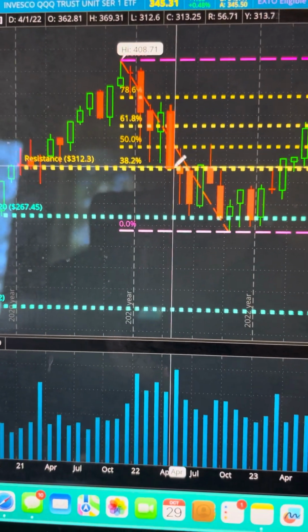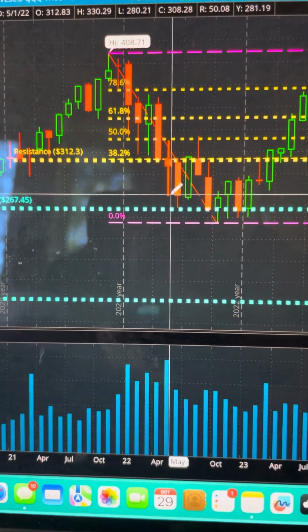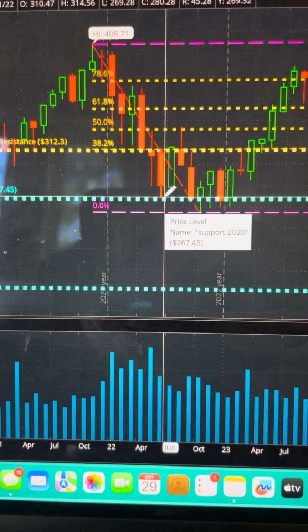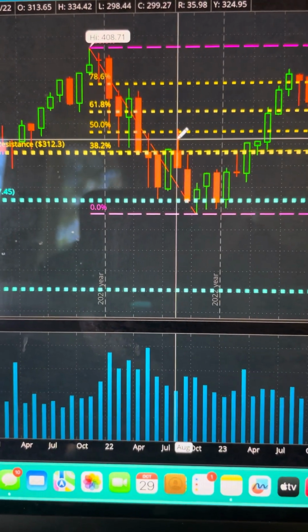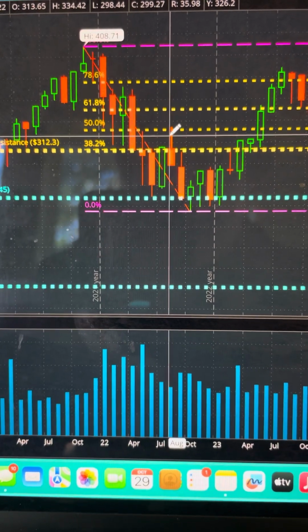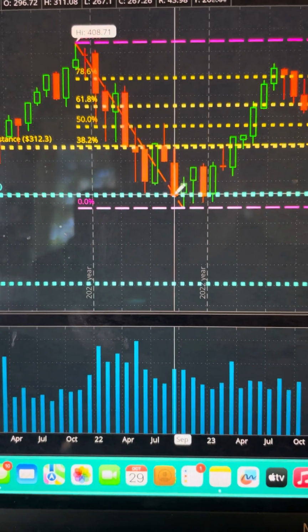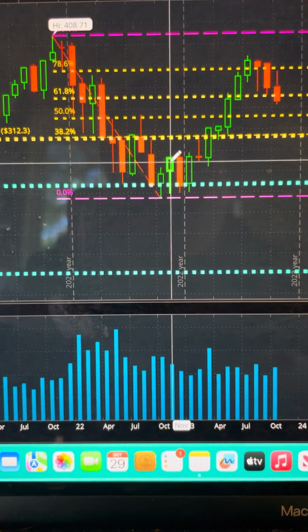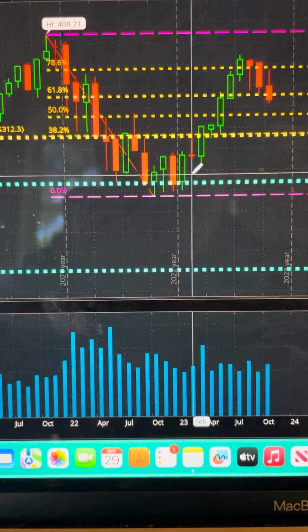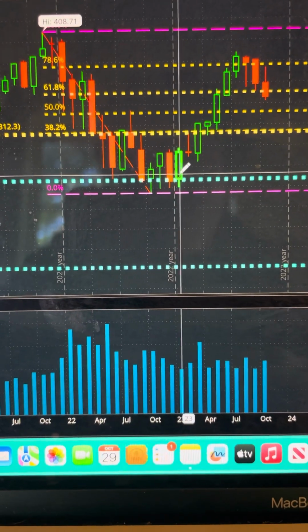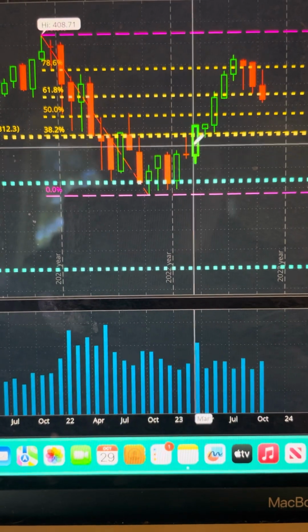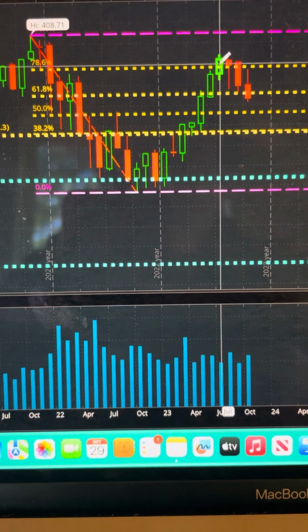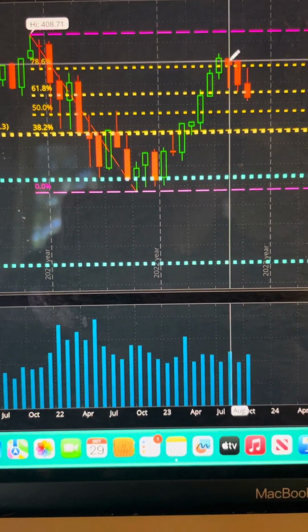So if you see it slipping down into this resistance level, we're getting rejected hard, breaks through it, rejected on the support, goes back up, rejected on the resistance, goes through it, but rejected, goes back down, hits the support, rejected, goes through the support, rejected, bounces back up, little consolidation period, rejections of the support, boom, goes straight up, straight through that resistance, nice little uptrend, then going